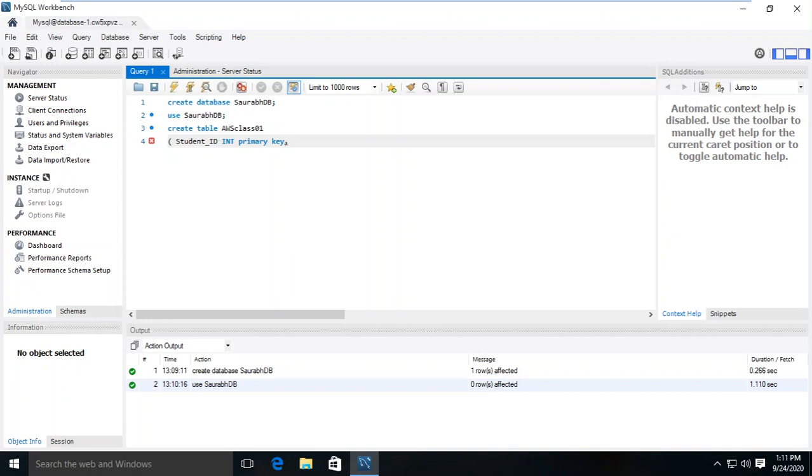Thereafter, we have a student name. I want to have maybe a student name there in my table. Second column, that is a student name. And this student name, what kind of information somebody can put here? So that can be any variable character, varchar. And maybe the size I want to go up to 40. So I use here 40. I want to also add one thing, that is maybe not null. Obviously in my table I don't want to allow anybody to add an entry where the student name is not there.